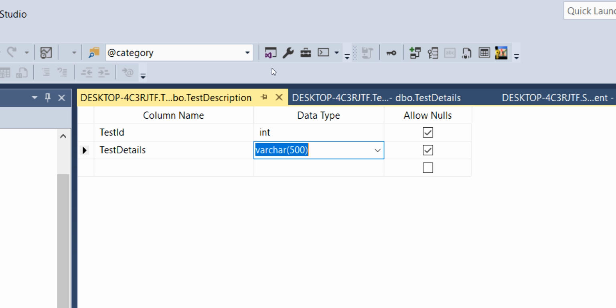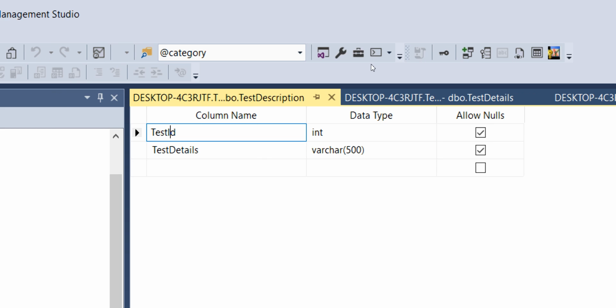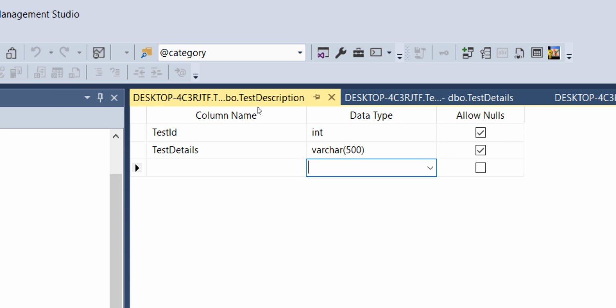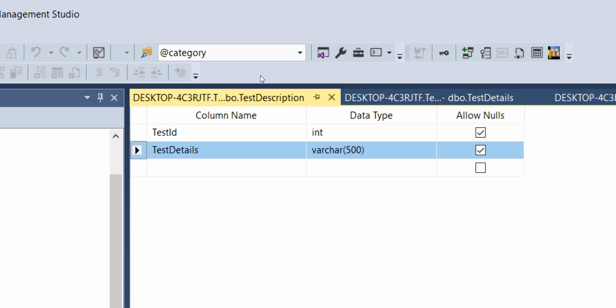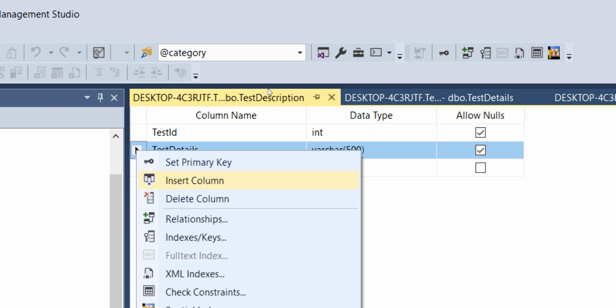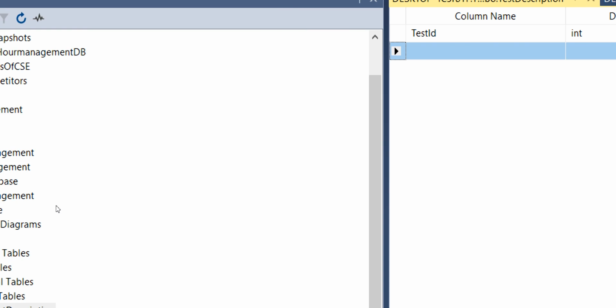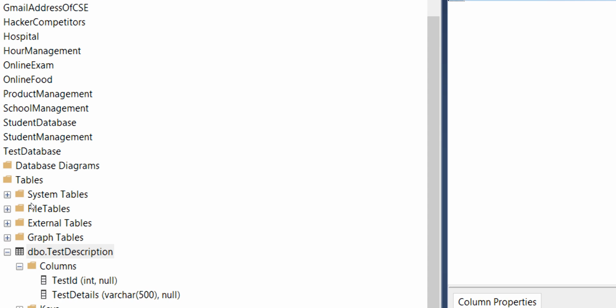You can edit the name of the column, you can edit the data type of the column, you can add more columns to this section, you can delete some columns. So let's say I want to delete this test details. So right click on this and click on delete column. So it is going to delete this column, and after deleting you need to save it. So this is how it is going to be very easy in designing mode.